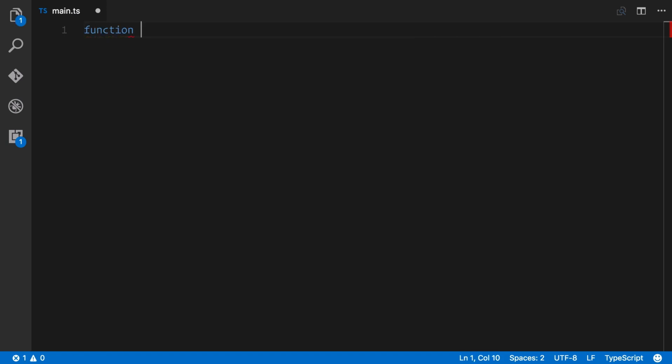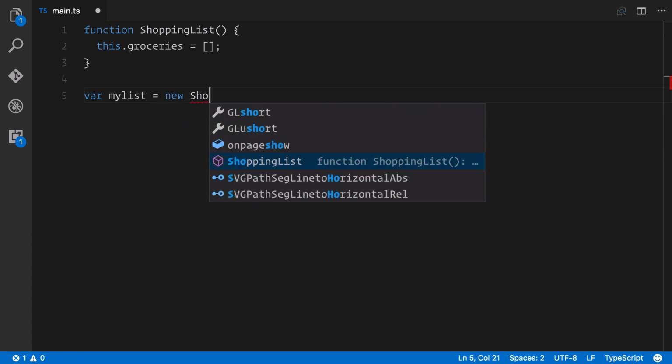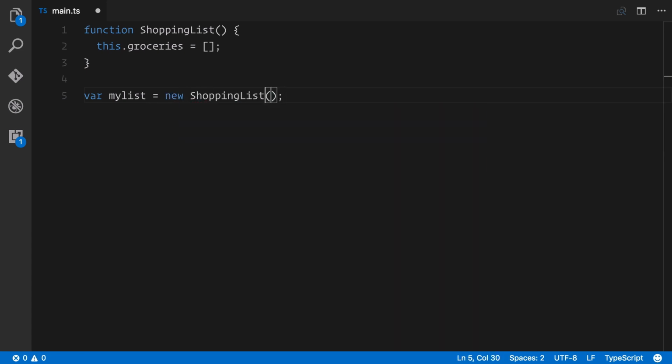So what we're going to do is create a function called shopping list. Inside of here, we might do this.groceries, and we can just initialize that to a simple array. Now, if we wanted to create an instance of this, we could do var mylist equals new shopping list. So this then treats the function shopping list as a constructor function, and inside the constructor, we have an array